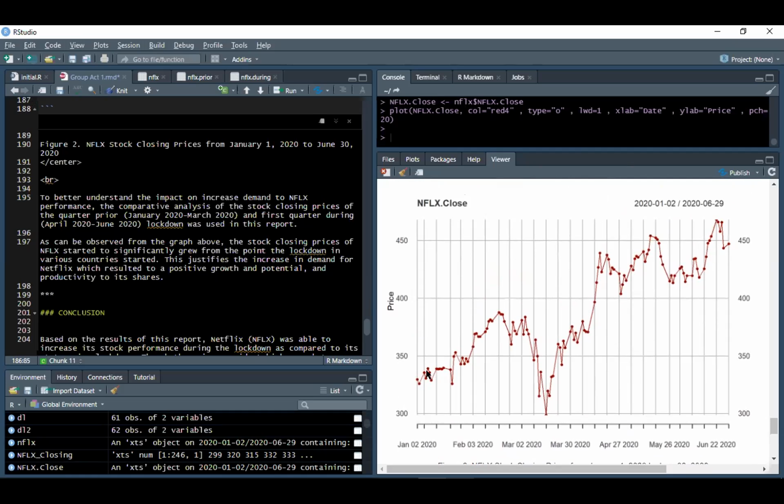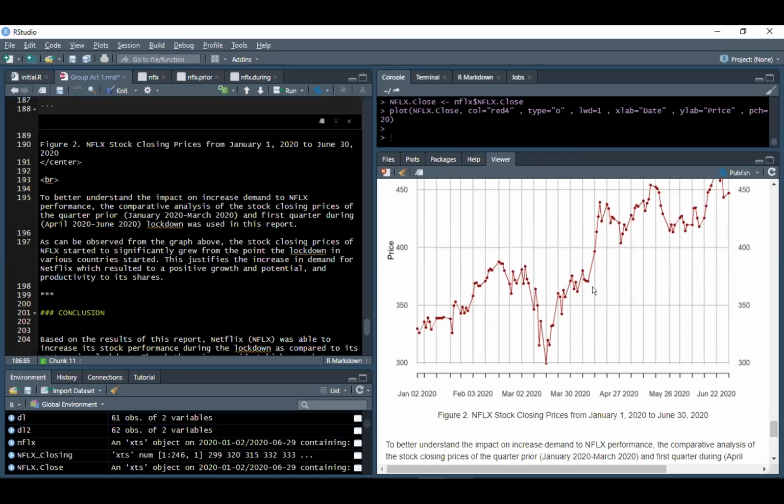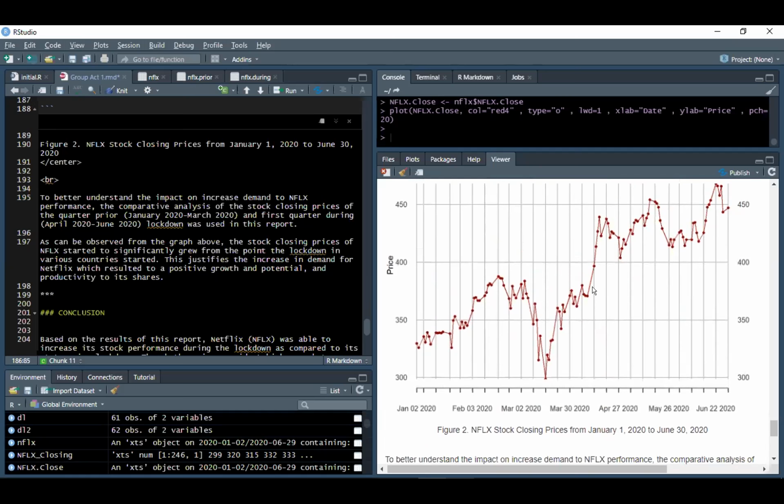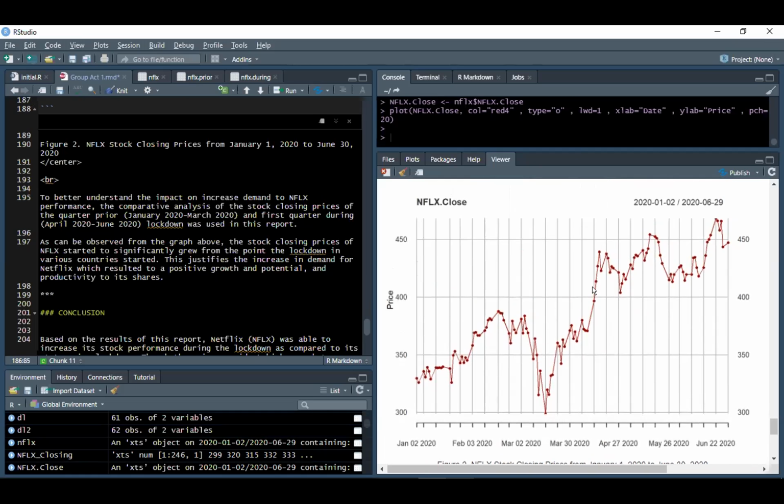And you can also see how the data is spread. So it just shows that the standard deviation here is lower than this part, which means that the data is more spread, which means the market is more volatile. So it justifies that the demand for Netflix during lockdown was higher, which meant a positive impact or